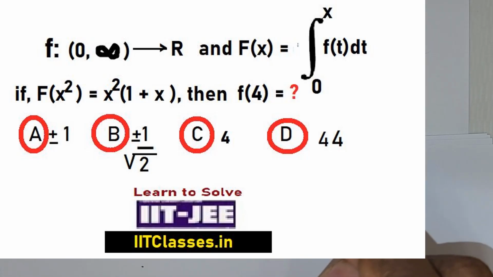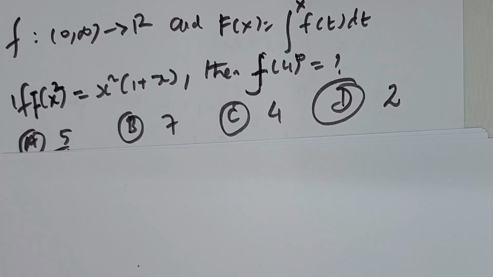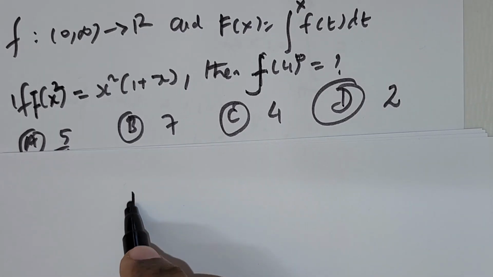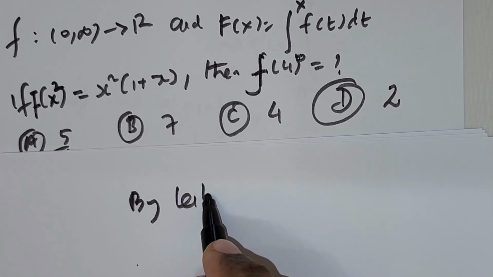Now you have to zero in on the correct solution or the correct choice for this question. So I'm going to pause the video. You can work the solution out and pick out the right choice, and then check back and see how the working goes. Now foremost, by Leibniz rule,